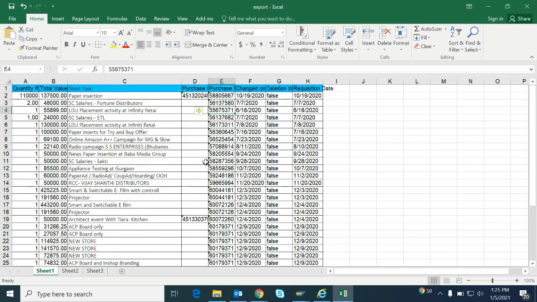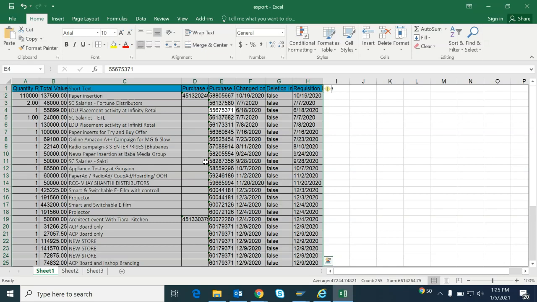Suppose you want to make a pivot from it. Just select the data, Control A. You know the pivot option is available under the Insert tab. So I will first press Alt on my keyboard, and then N. You can see that for Insert we have to press N on the keyboard.